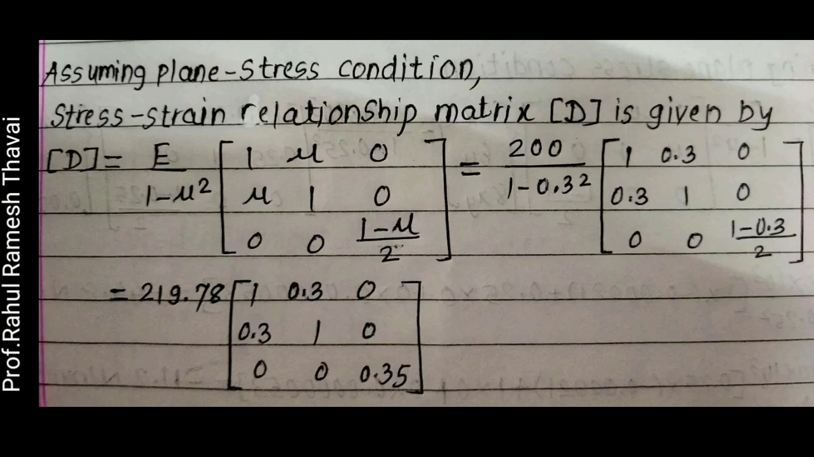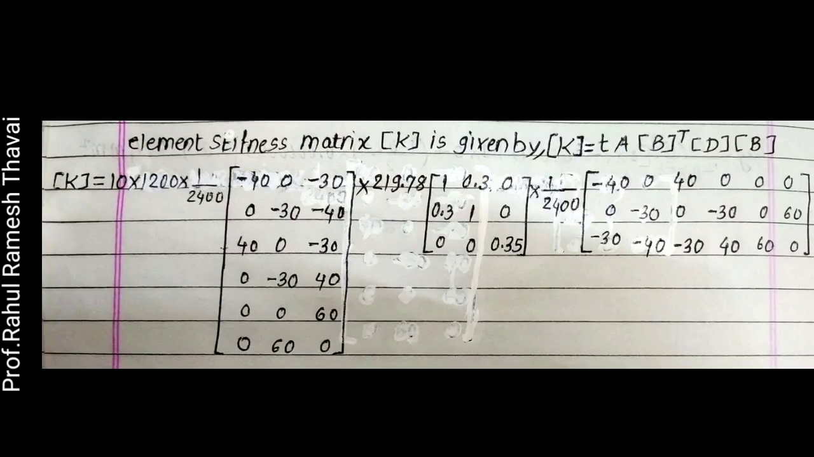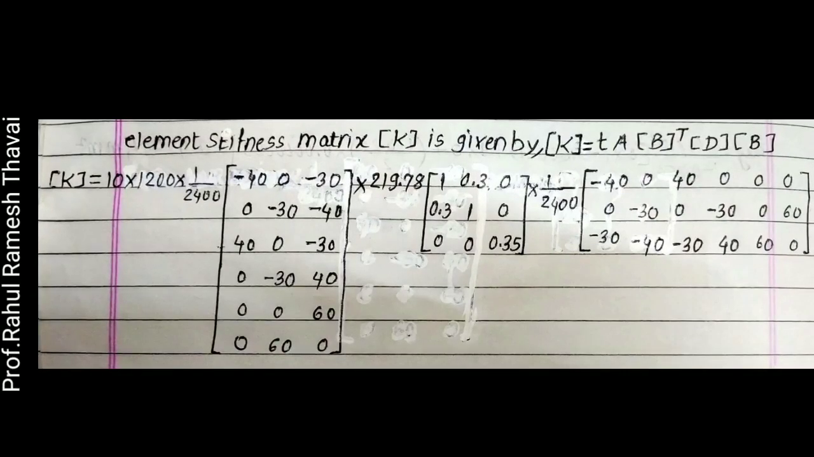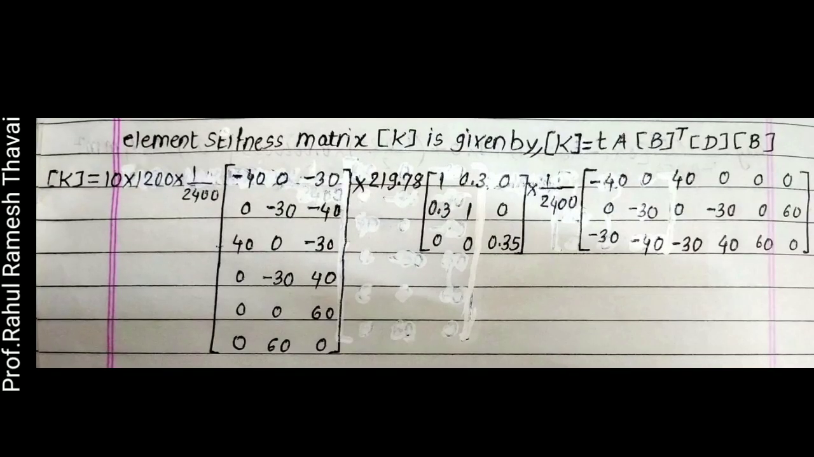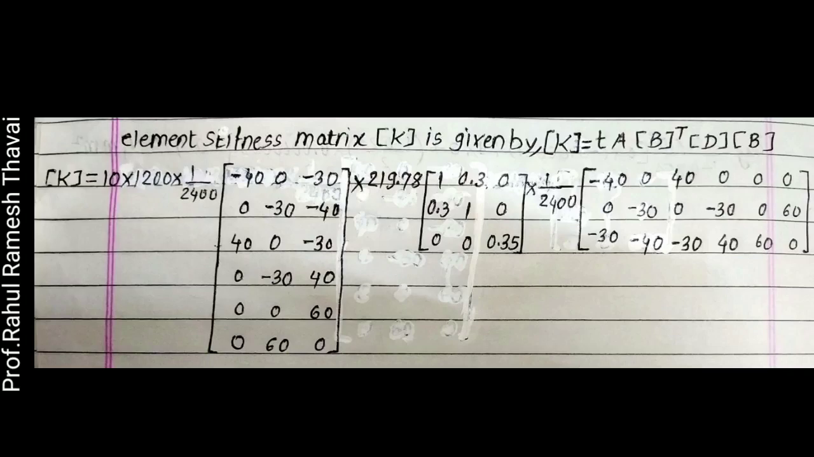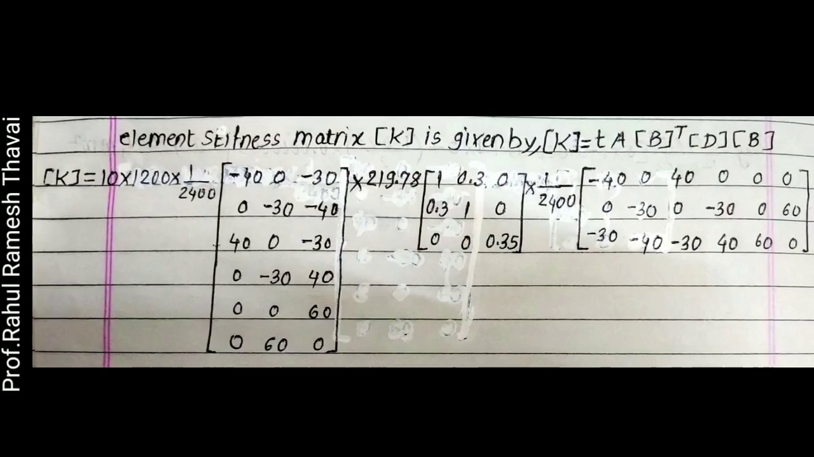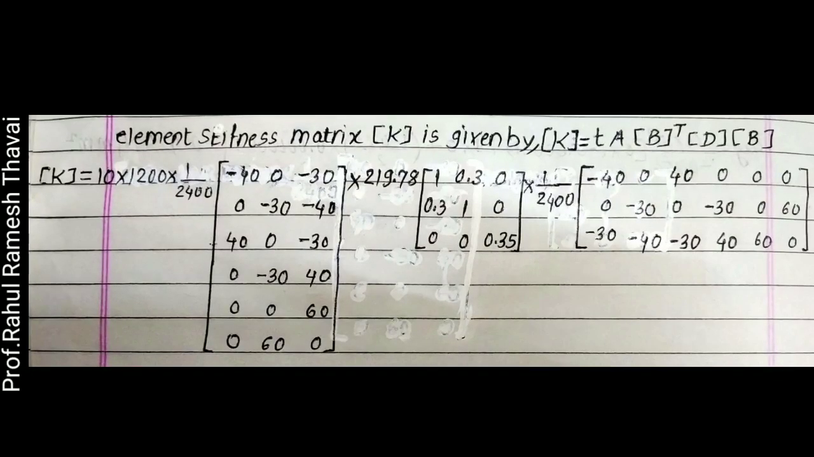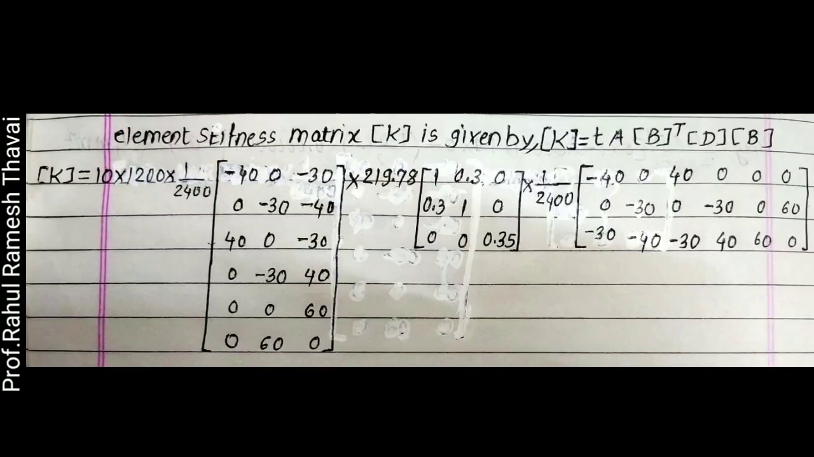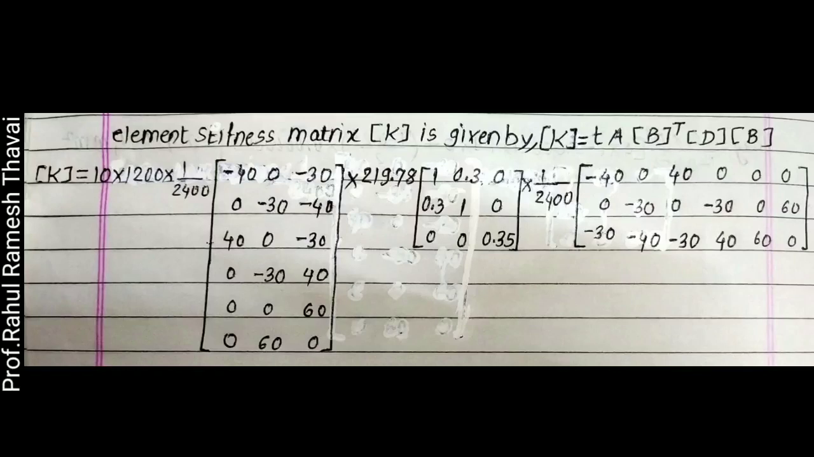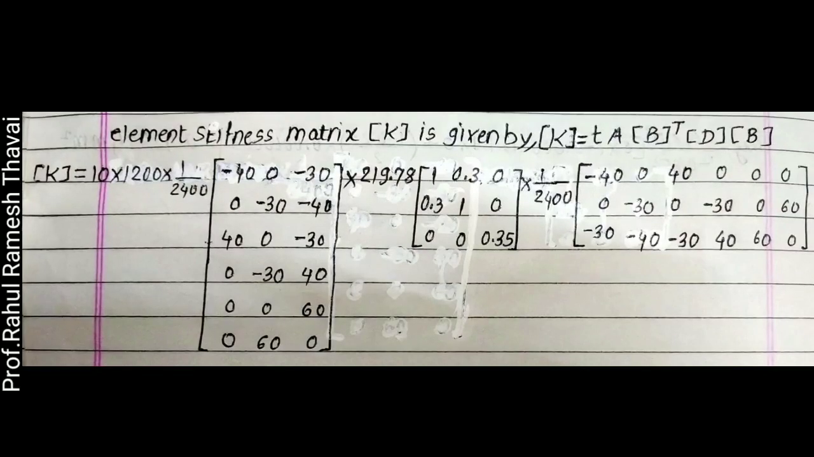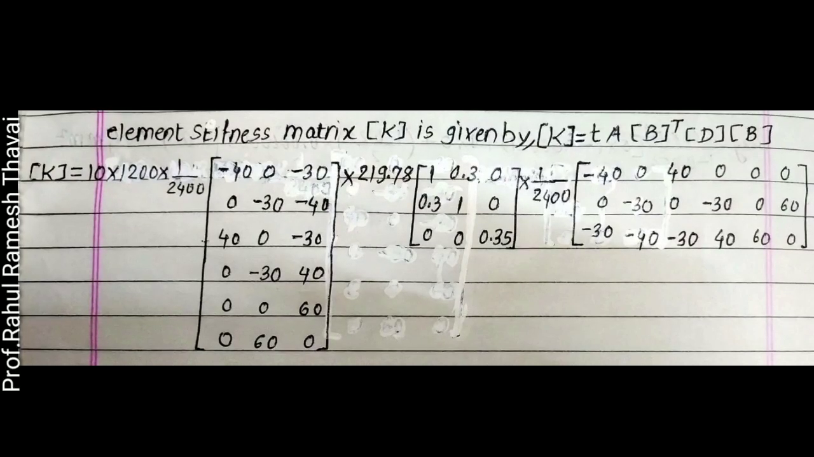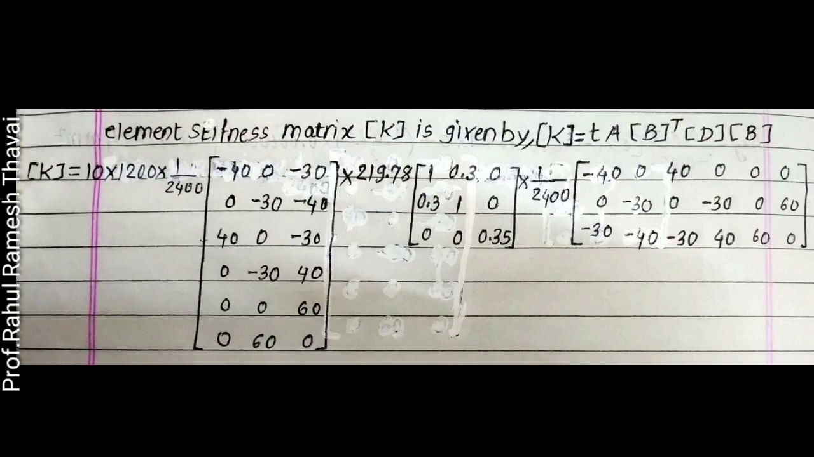We will calculate the element stiffness matrix, and it is given by K. Matrix K is equal to thickness t into area A into transpose of matrix B into matrix D into matrix B. So K is given by thickness, which is given as 10 mm, so 10 into area, which we have calculated as 1200, into the transpose of matrix B, that is 1 divided by 2400 into the matrix [minus 40 0 minus 30 0 minus 30 minus 40; 40 0 minus 30 0 minus 30 40; 0 0 60 0 60 0], into